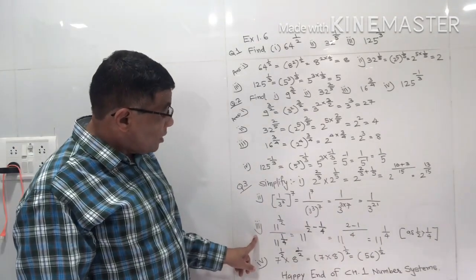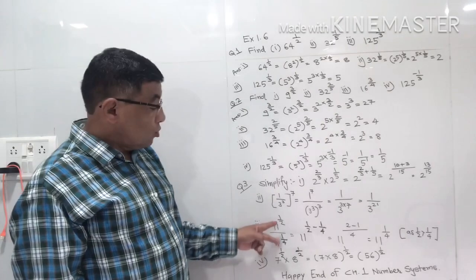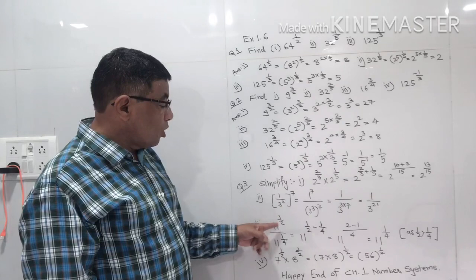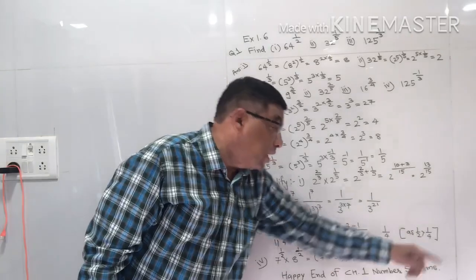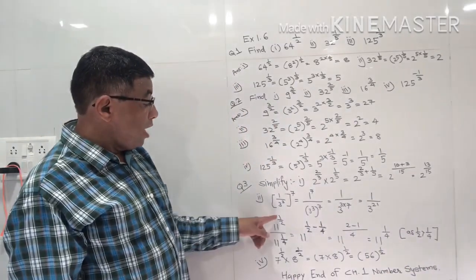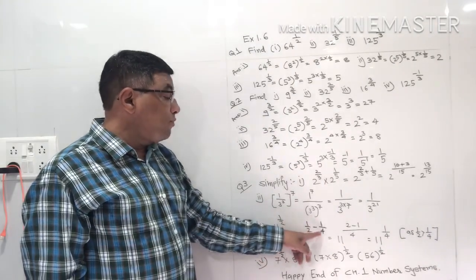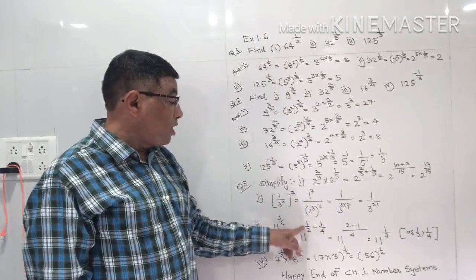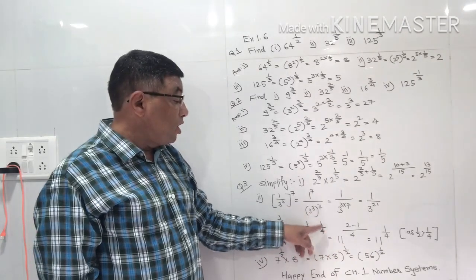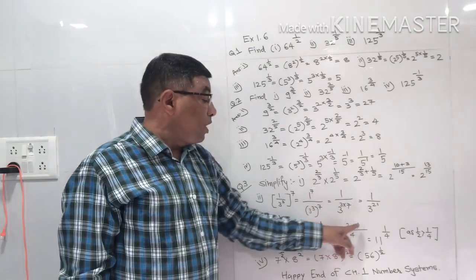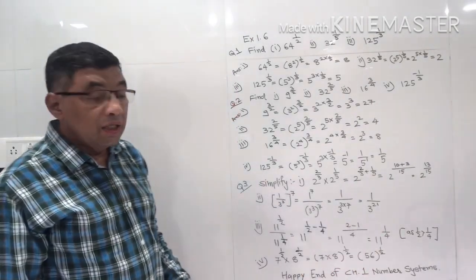The third one is 11 raised to 1 by 2 divided by 11 raised to 1 by 4. So we have to see which one of these two, 1 by 2 and 1 by 4, is greater. So 1 by 2 is greater than 1 by 4, and therefore here m is greater than n. So the answer is what? 11 raised to 1 by 2 minus 1 by 4. So 4 is the LCM here. We have to multiply by 2 here, so we get 2. Here is already 4, so we multiply by 1 only. So 1 and here is 4. So 2 minus 1 upon 4, is equal to 11 raised to 1 upon 4, which is the answer.